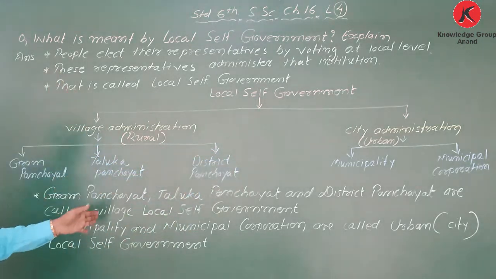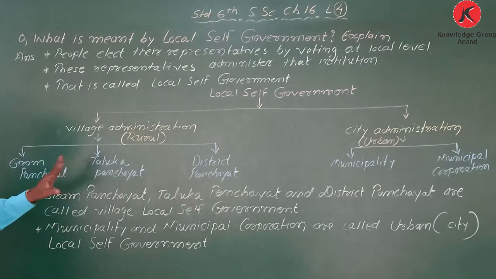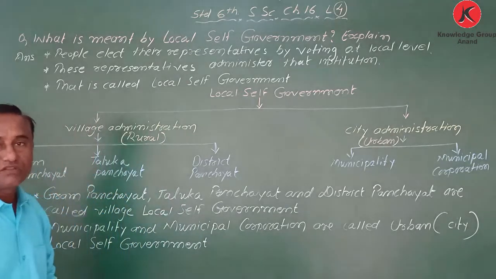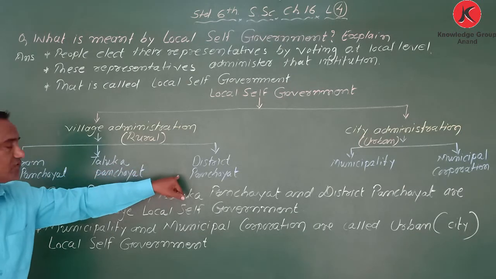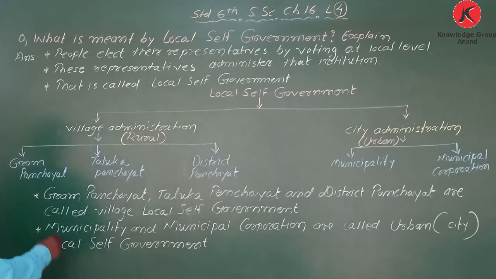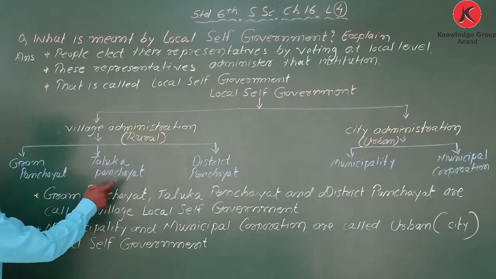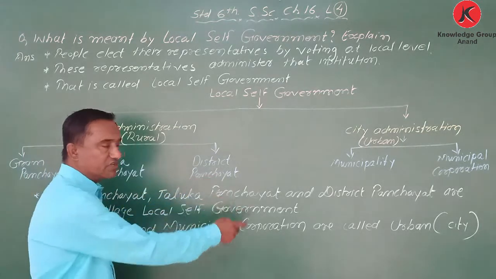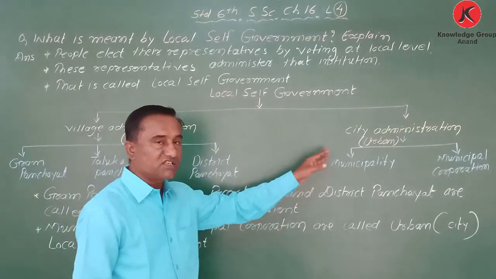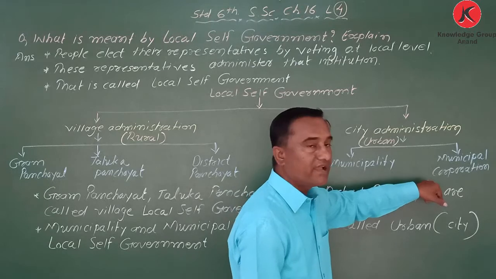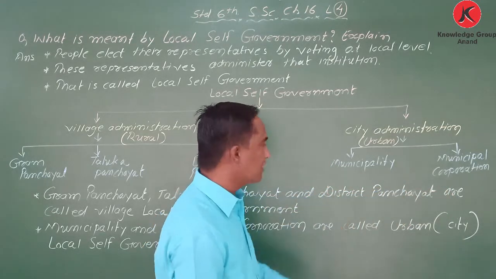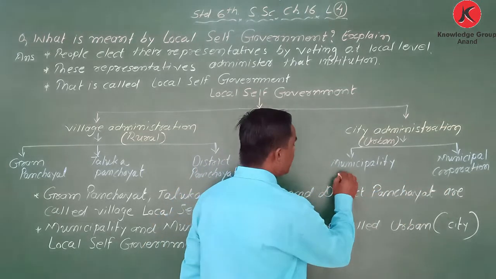Okay, in a village area there are three levels. There is a tier structure. The small one is gram panchayat, after that taluka panchayat, and the third one is district panchayat. While in a city it is called municipality and municipal corporation. We can say nagar palika also,